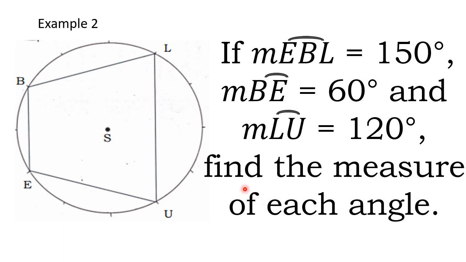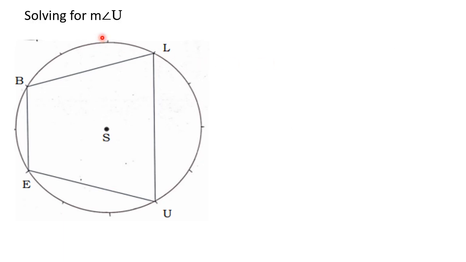So meaning to say, we're going to find the measure of angle L, angle U, angle E, and angle B. But this time, given is the measure of the arc. Okay, let's begin with